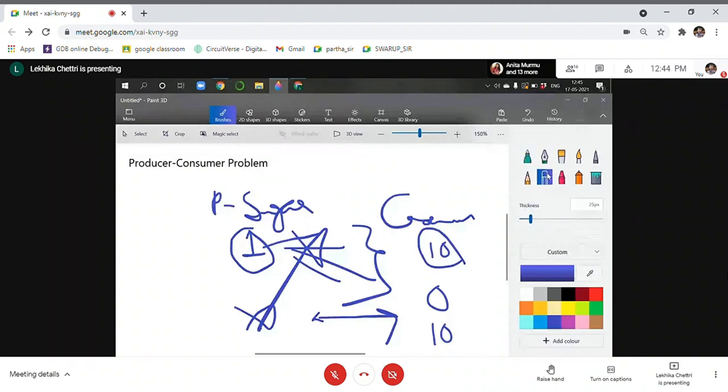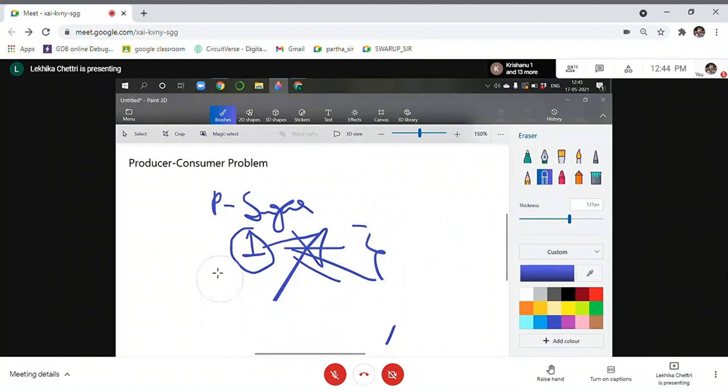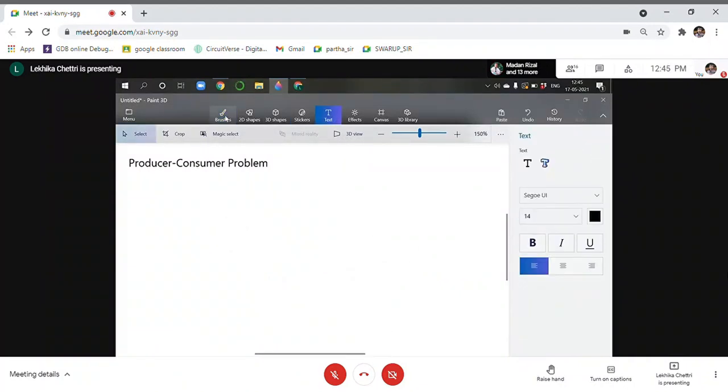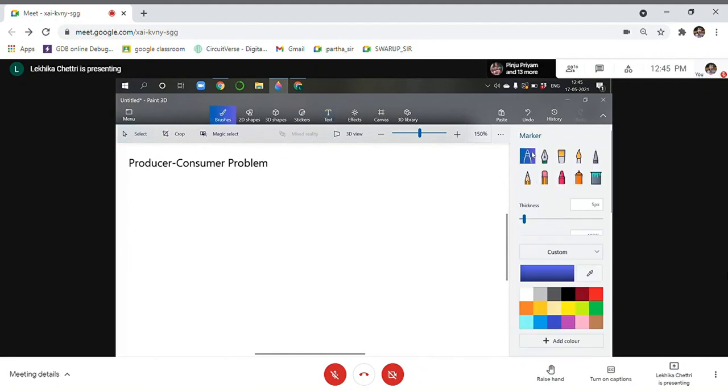Now let me explain it in programming aspect, with the help of an example. It was the layman example, so let me explain it with the help of an array. Let me use a brush only. Let us say that I have declared an array of size 10. So this is my array.